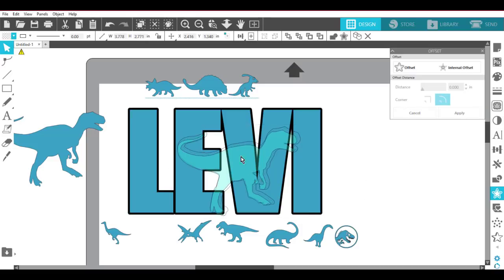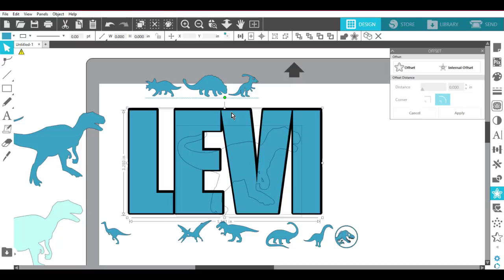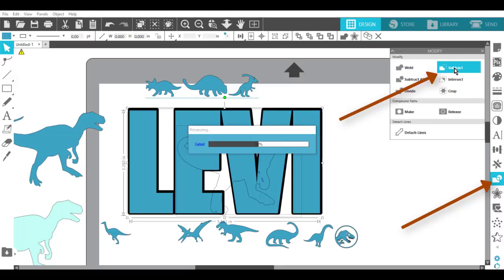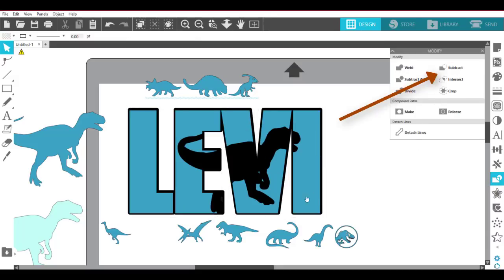So now what I'm going to do is grab the original of him, click on the offset part of him, then hold my shift key and click on the text behind him. Then I'll come over to the modify panel and say subtract. And what that did was it subtracted him right out of